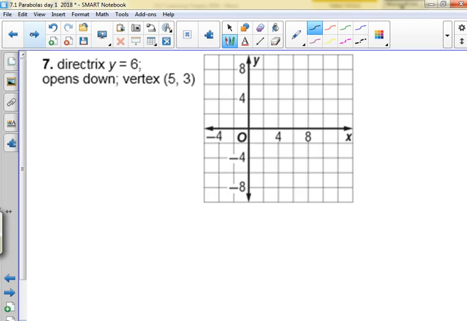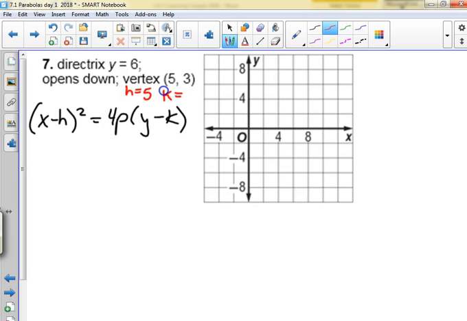What do we know right away on 7? It says opens down, so I know its general form is this. What else do I know? So h is 5 and k is 3, right? The vertex is always just h, k. Okay, I like to draw the sketch because it helps me conceptually understand what's going on. If I went to the right 5 and up 3,